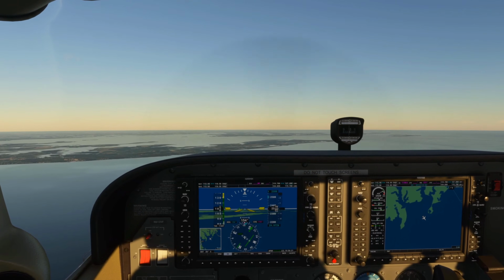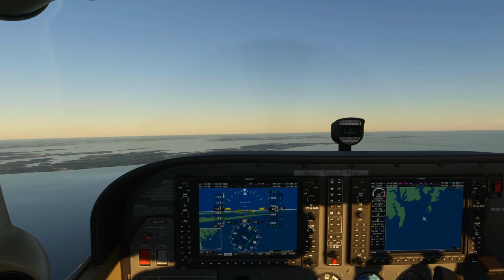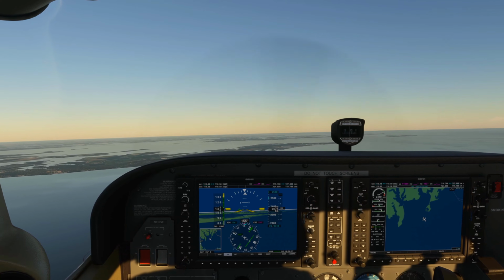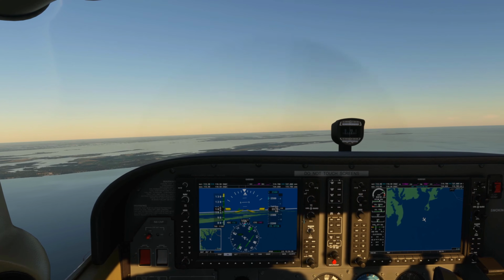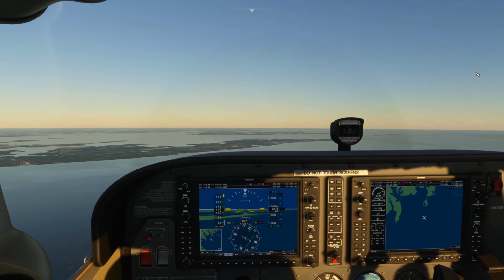Alright, yeah, so according to the little nav map, we're outside the Bravo, because at this range, I think its minimum altitude is going to be 3,000 feet. We're still in the... I think we're still in the...